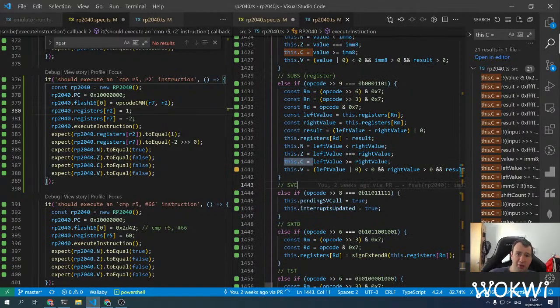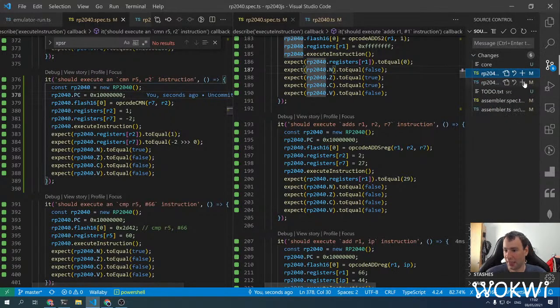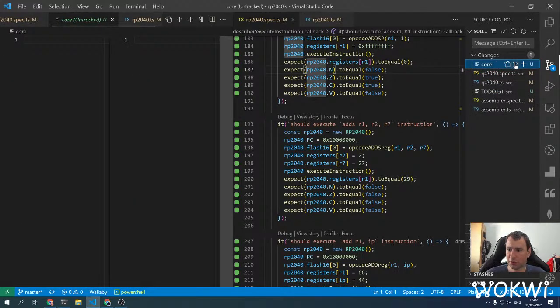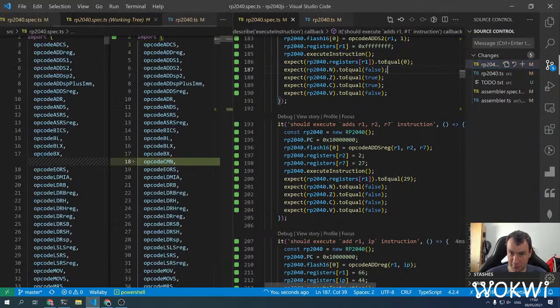Okay, so if any of you have ideas for more tests like this one that we can run on the actual Pi to find if we have some other issues in the logic, then that would be cool. Anyway, yeah, why do we have a core file here? I don't want a core file. Okay, let's